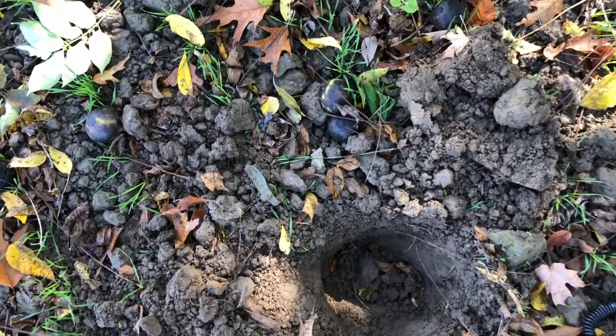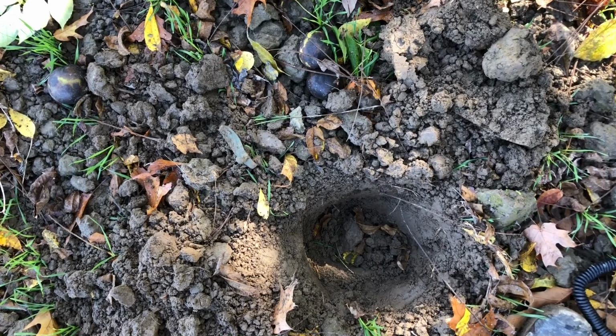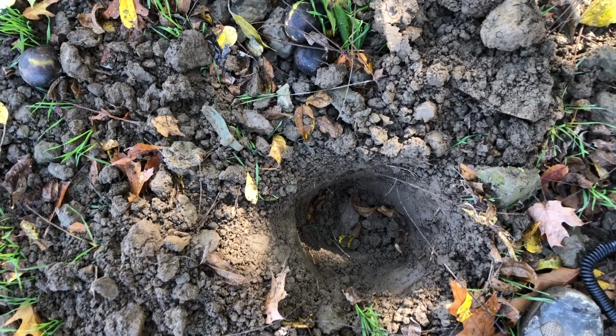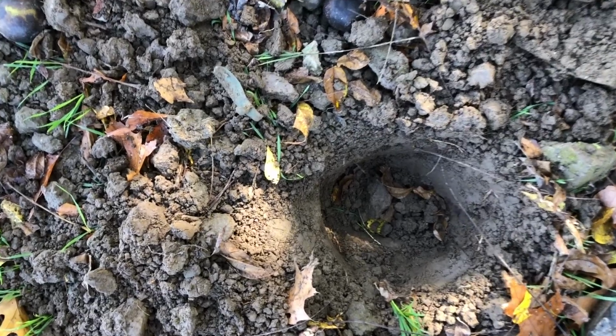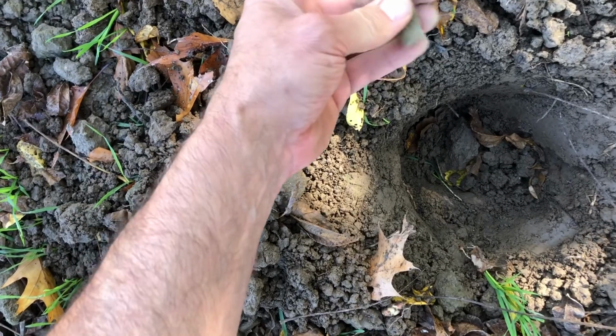Okay, I got a pretty scratchy signal around 78 and popping down to 52, and it sounded deep, and it was deep, but once I got some dirt out, it was a screaming 90. So I dug down, I get this really nice green patina brass element here,